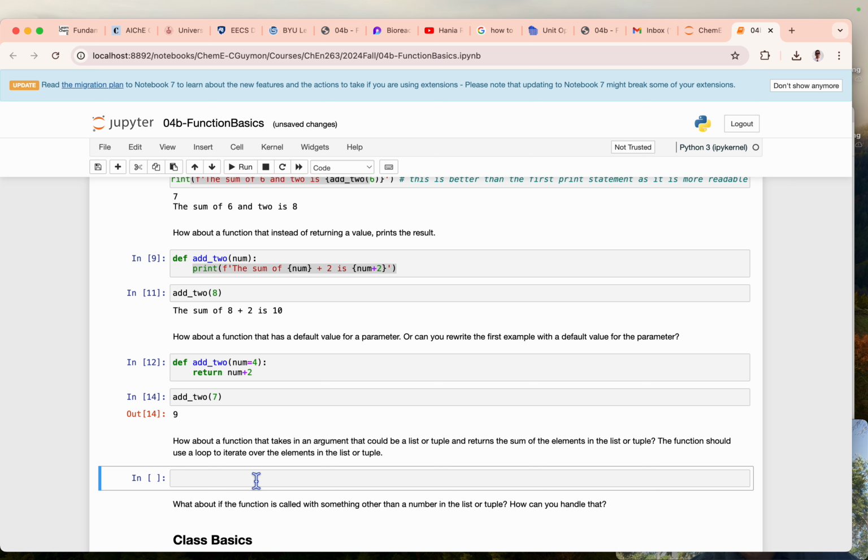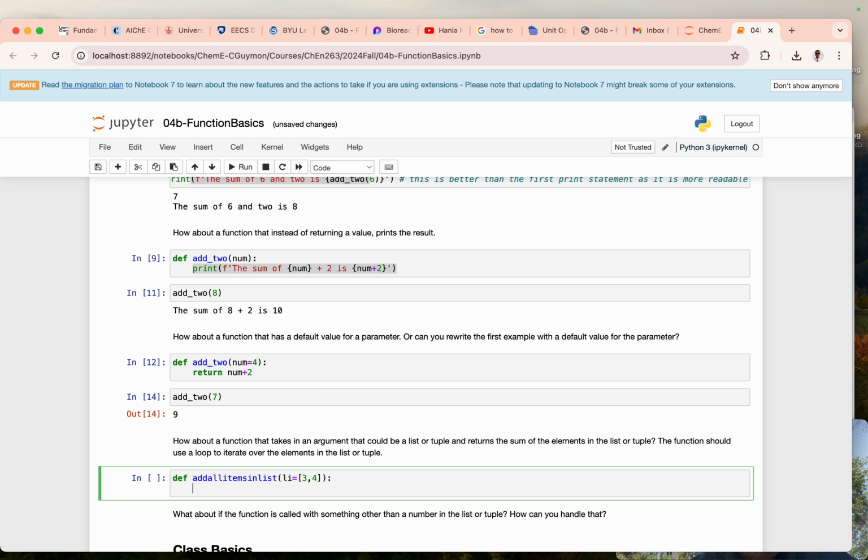Well, how about a function that takes an argument that could be a list or a tuple? We learned about lists and tuples, so let's just say add all items in list. Notice I'm calling the function by what it does. That's a good idea. And you don't have to have spaces. Get used to not using spaces. And then let's say here's my list, and let's say its default value is 3 and 4. I have my colon and my indent,